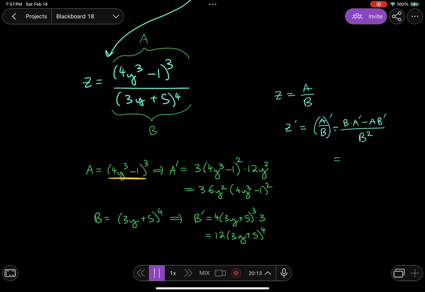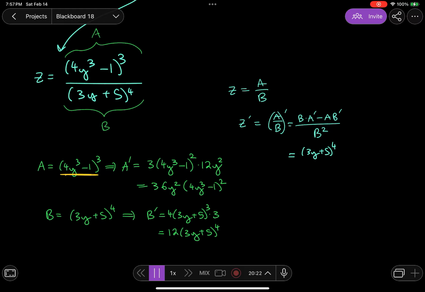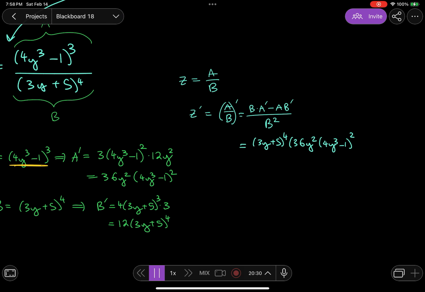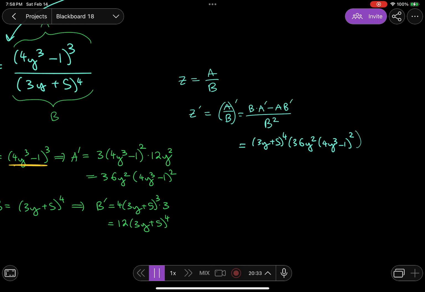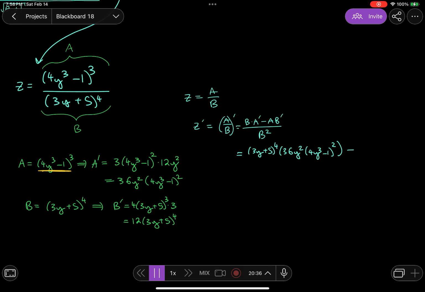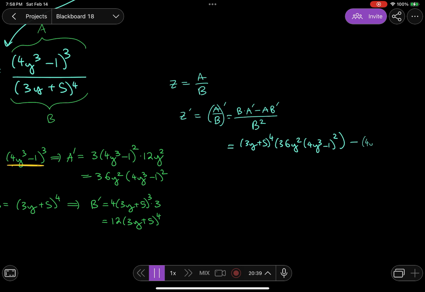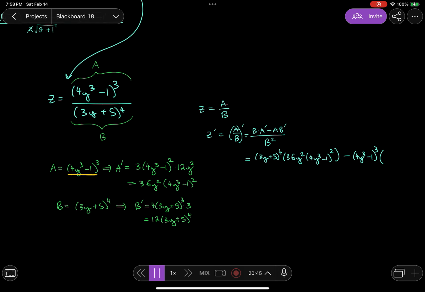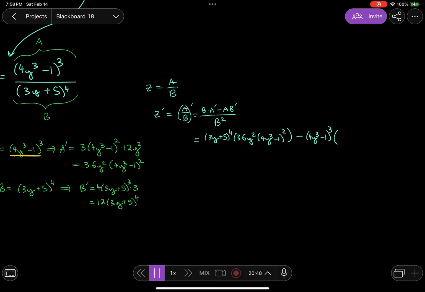So we got B, which sits right here. So that's going to be 3y plus 5 to the 4th power times A prime. So that's 36y squared times 4y cubed minus 1 squared. So that's my A prime. And then minus A, which is 4y cubed minus 1 cubed, times B prime, which is this guy right here. 12 times 3y plus 5 to the